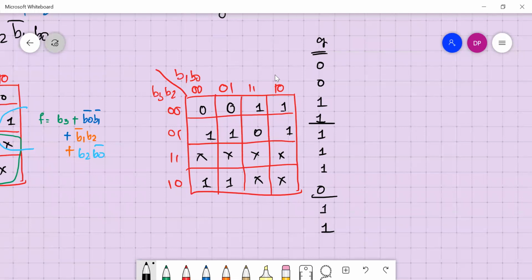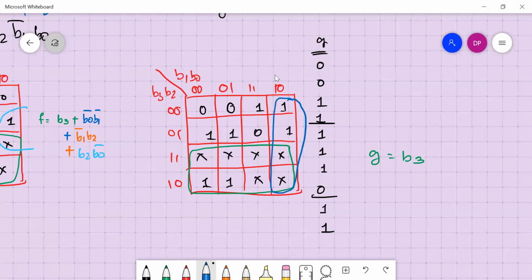Last two rows. As usual, this will be B3. Then the four corners we cannot make, so the last column we can make.